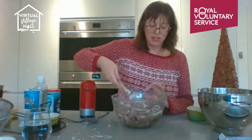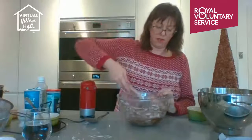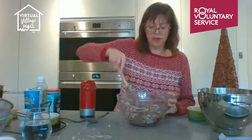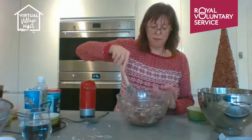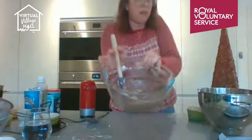There we go. You can see it's starting to really come together now. I'm quite happy with that. I don't mind a few little bits of the meringue showing. If you've got little bits of white, like in that, I'm not too worried about that. So what we do now,